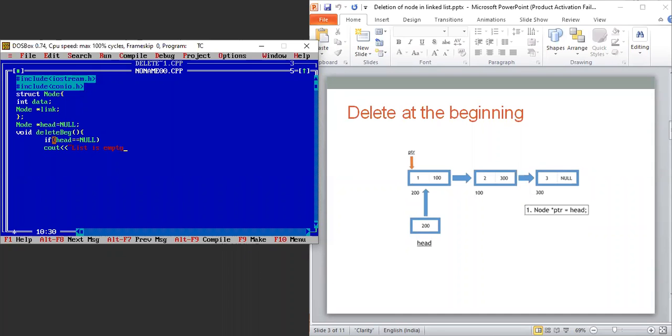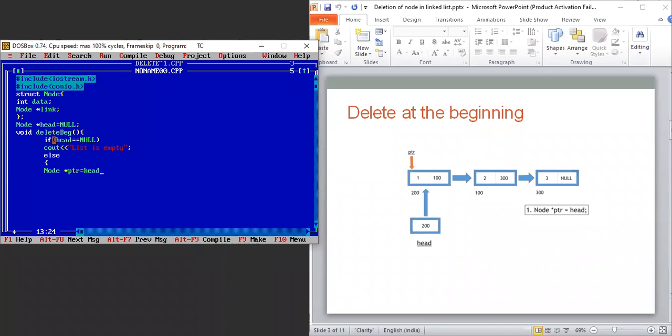Else, we consider another node, node star PTR, and I assign the value of head to this node.